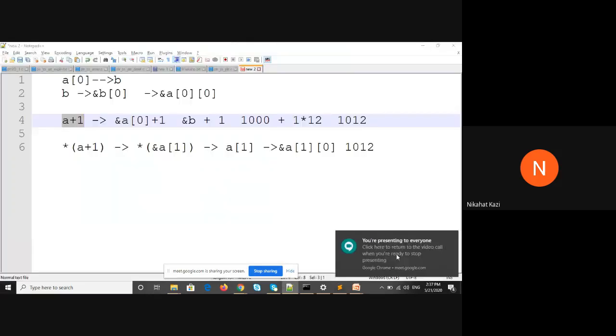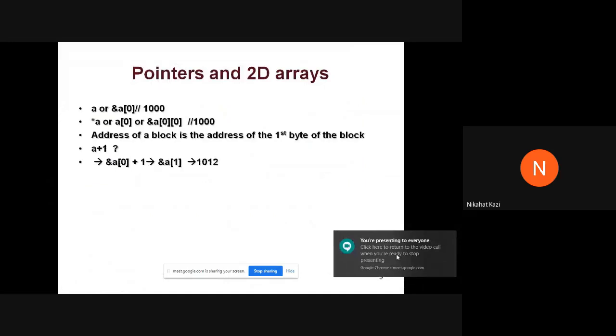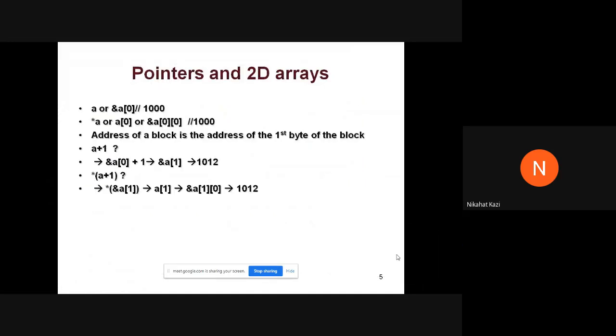The first expression will give me the address of the entire 1D array. It is giving the address of the entire array. The type of that address is what? It is star P of 3, star of 3, right? It's an integer array's address. And the second expression type is address of a single integer.